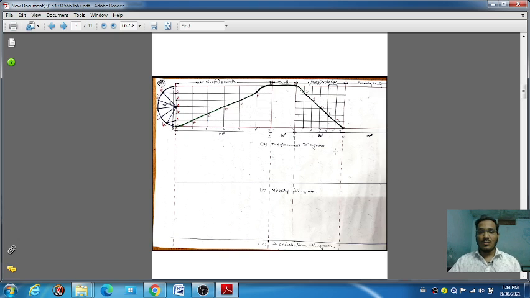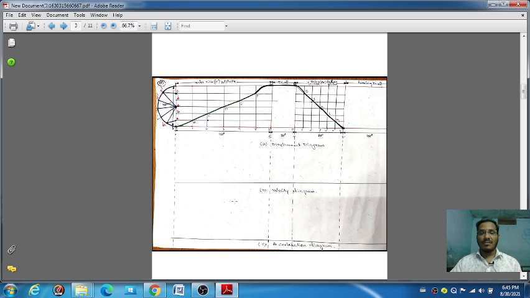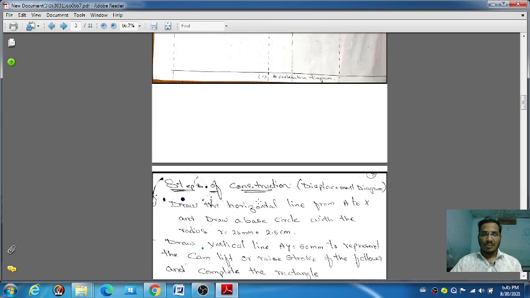Okay, so what we are drawing here is a velocity line and acceleration diagram. These figures we will draw after the completion of the problem, because we will then know how much the height of the velocity will be and how much the acceleration is. That value we will know after the completion of the problem. Then we will take those values and draw these two figures. Okay, next, steps of construction.